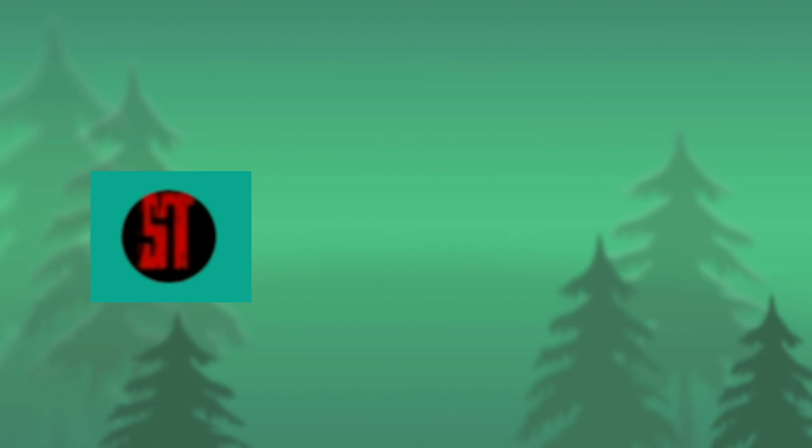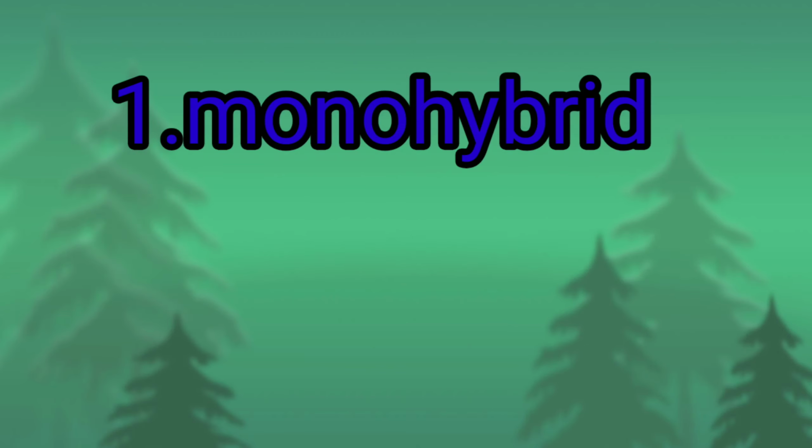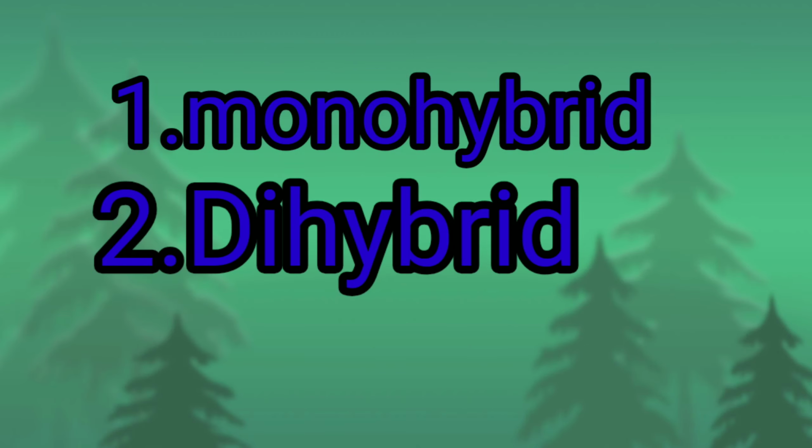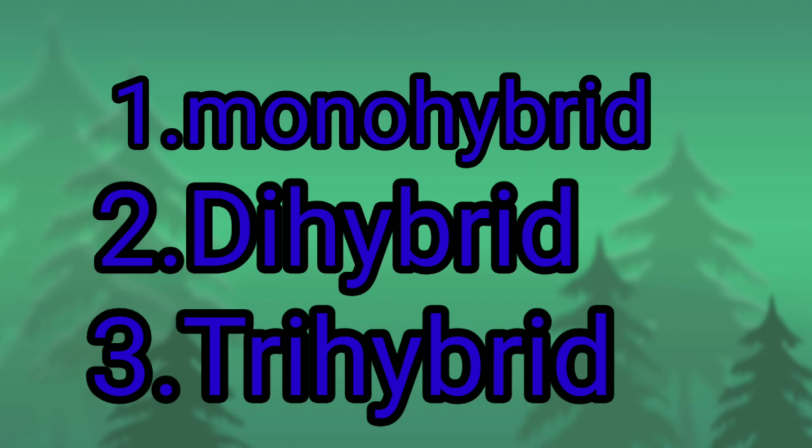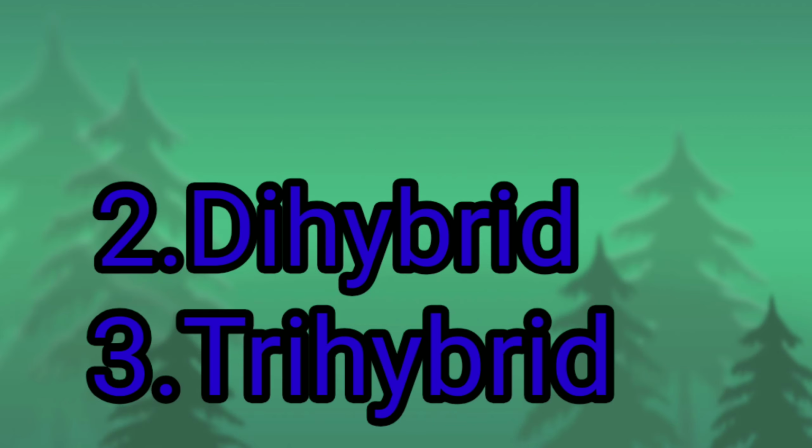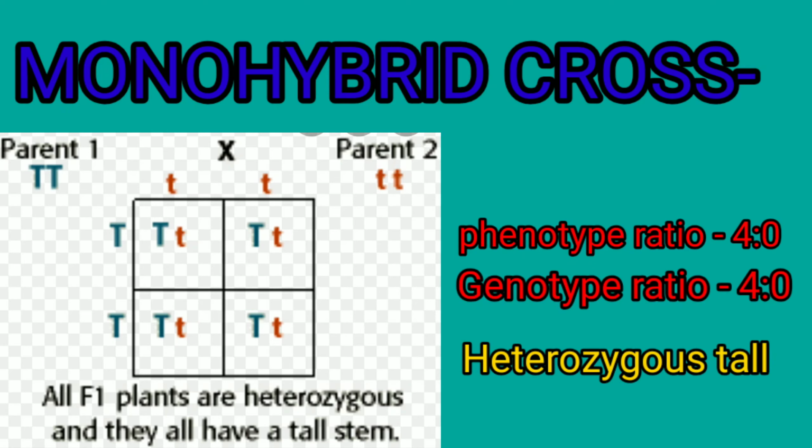In this video we will discuss the monohybrid, dihybrid and trihybrid crosses and how to find out the genotype and phenotype ratio of these crosses. After we have done all three crosses in the orthodox method and by using the Punnett square method, we will give a short formula by which we can also reach those ratios.